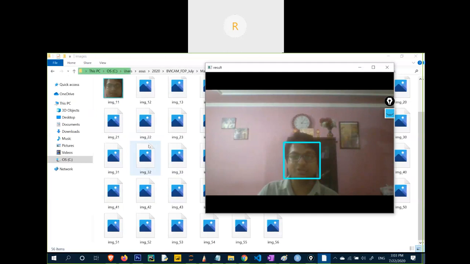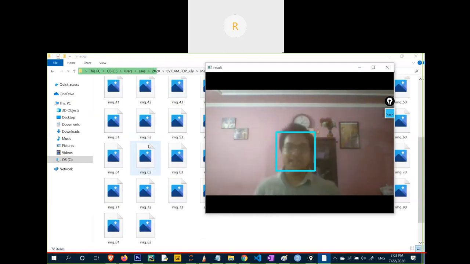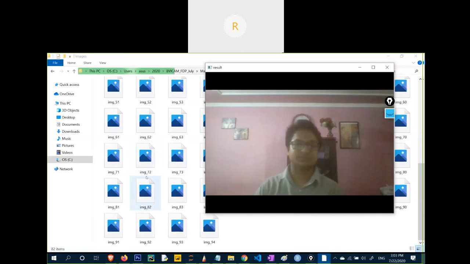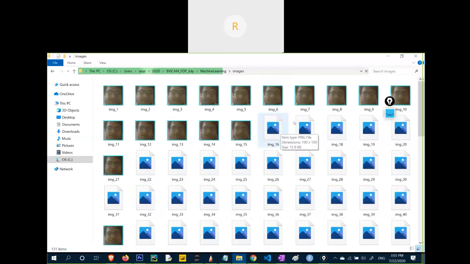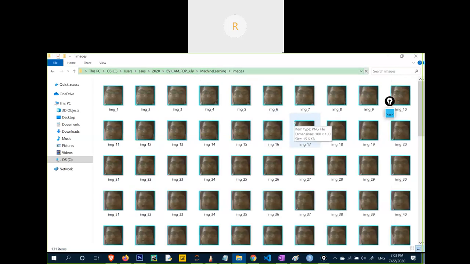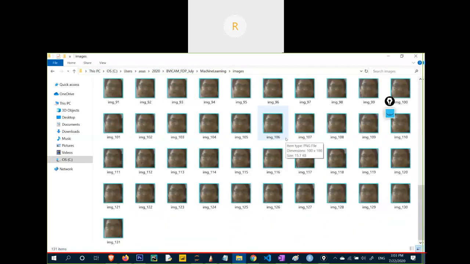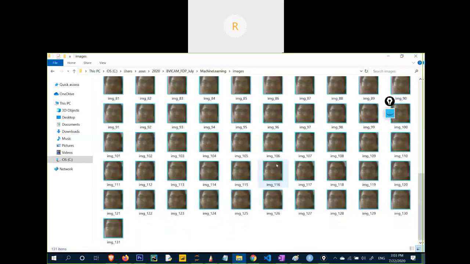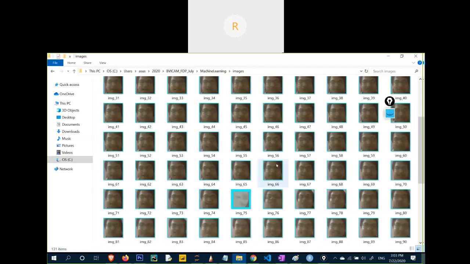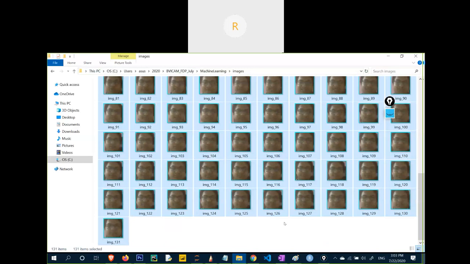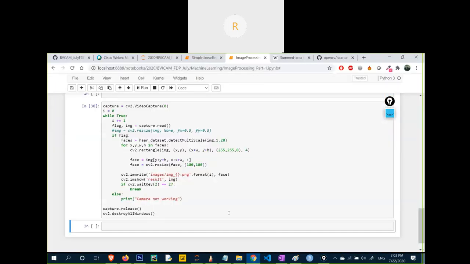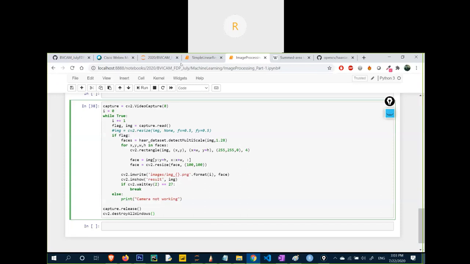Are you able to understand this point, that it is only storing my face? So that's how it is collecting the data of my face. That's how I can collect the data of my face to perform face recognition. Is it clear till here?